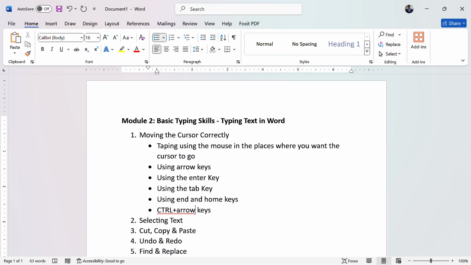Control plus any of the arrow keys. This one moves the cursor past one word in the direction of the arrows.